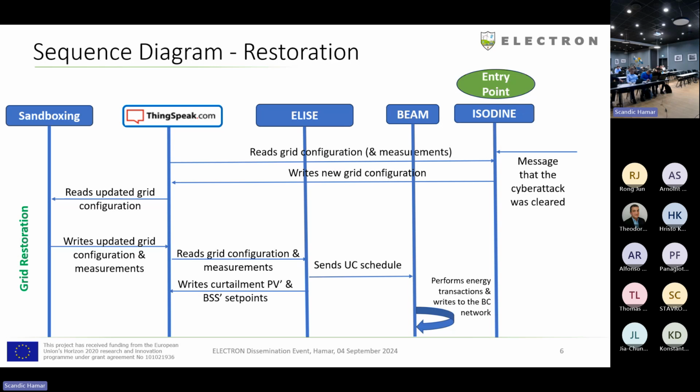So Isodine provides some new suggestions on status breaker changes, and the DSO accepts or declines them, and so on and so forth. Then ELECTRON recalculates the optimal set points during the grid restoration phase, and then provides the unit commitment schedule to BEAM in order for this blockchain energy-related component to perform the energy transactions and write them back to the